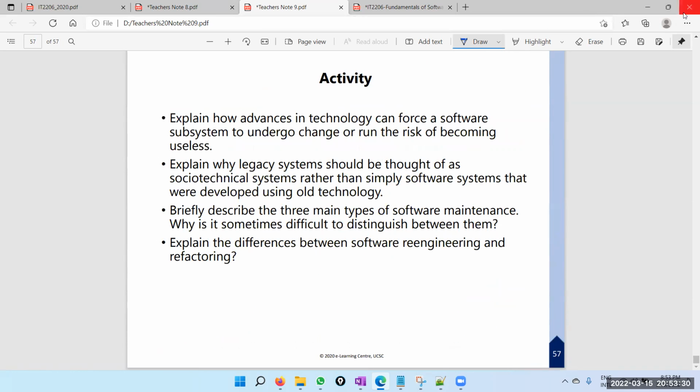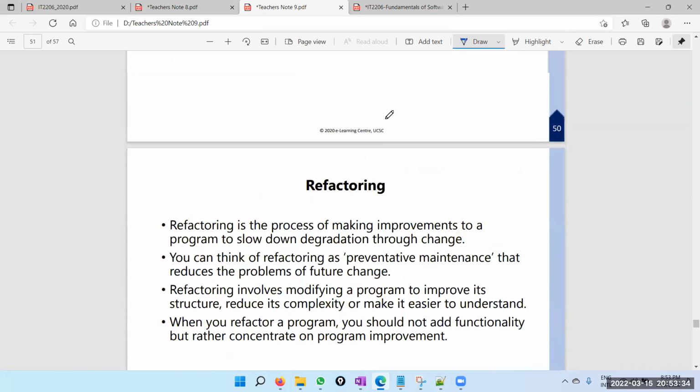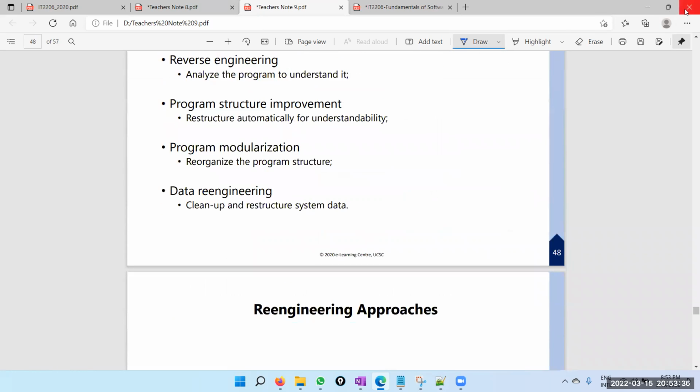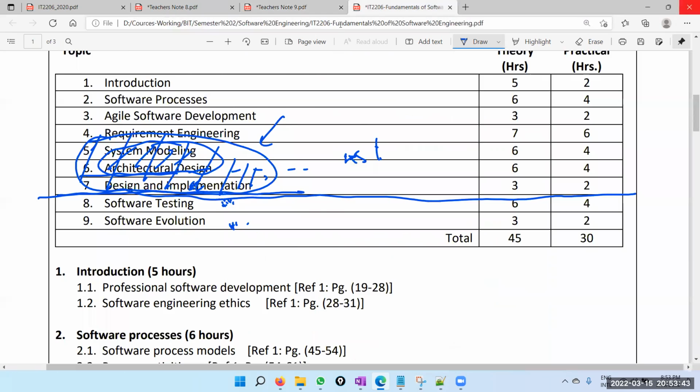Right, so that's it. You have to read it. I didn't go into detail. Right, so now we'll be doing the 2020 past paper. Okay,